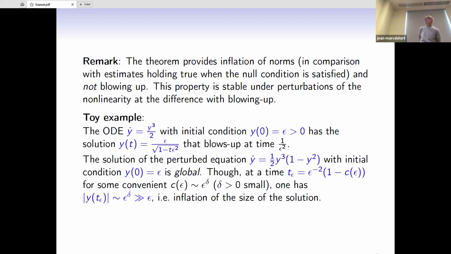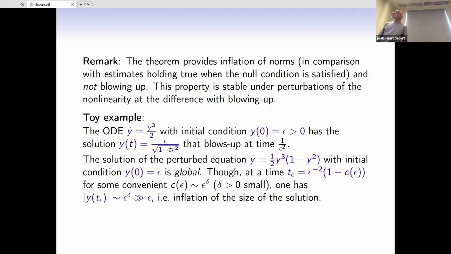Nevertheless, the solution remembers in some way that it comes from a blowing up solution of the unperturbed equation. Because if we compute the value of this global solution at some time t epsilon, which is epsilon to the minus 2 times 1 minus a small quantity, say a quantity behaving like epsilon to the delta for a positive delta,